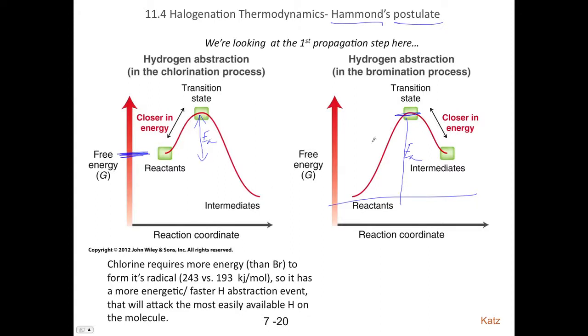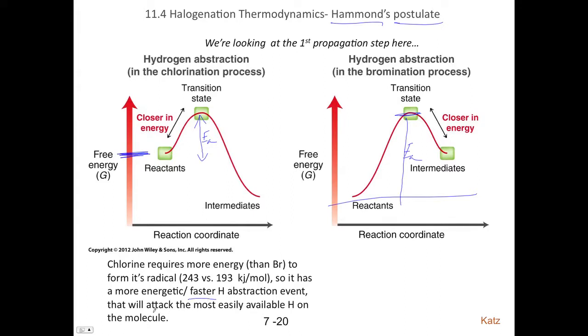All right. This guy here needs a lot more energy to get it going first, and then once it goes, it goes very, very fast at the very end. It's endothermic, but it's still going to be fast from the transition state to this intermediate. All right, but you have to get over this big hump first. Okay, chlorine requires more energy than bromine to form its radical. Right, 243 versus 193. So it's more energetic,